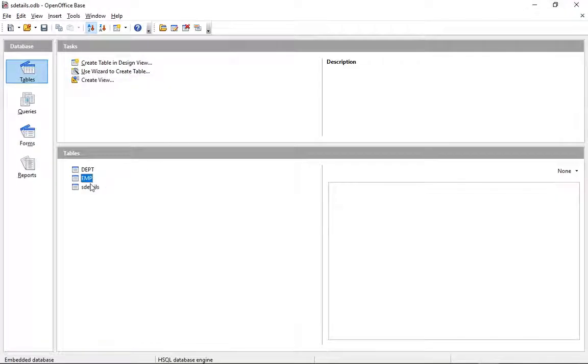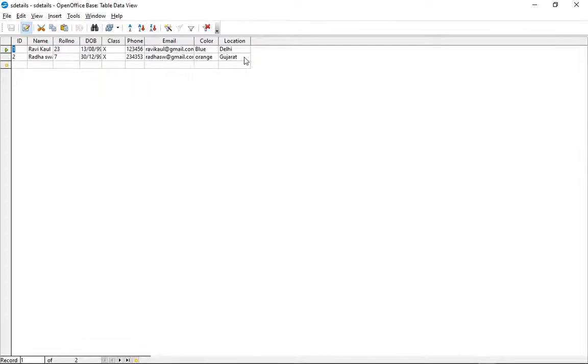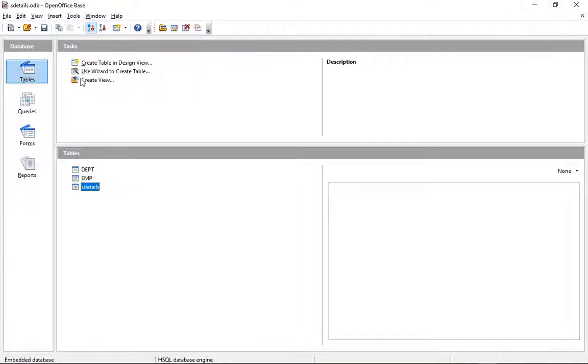But in SDetails we don't have such a common column. That's why it is an independent table in the same database. In a database we can have any number of tables, and these tables can be related or not related. But here department and employee are related because in these 2 tables we have a common column. Clear? That's all.